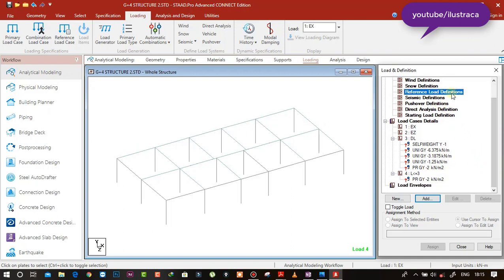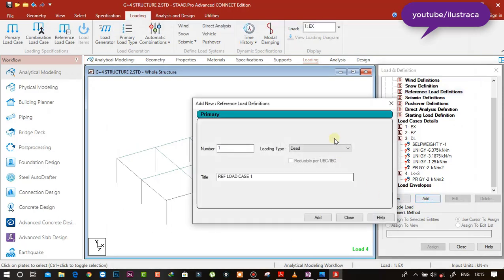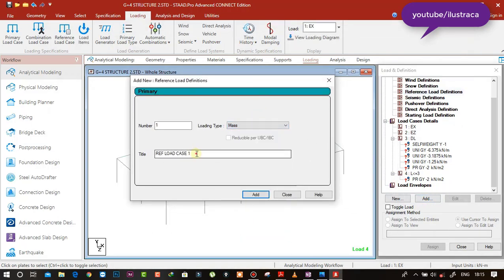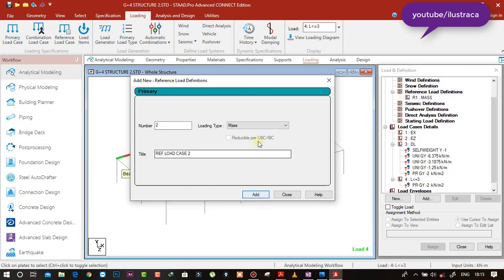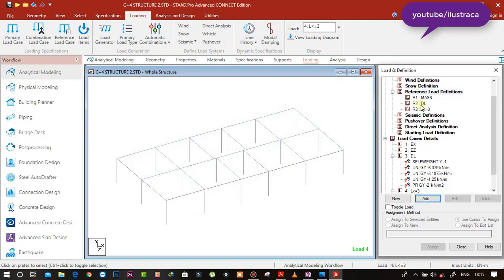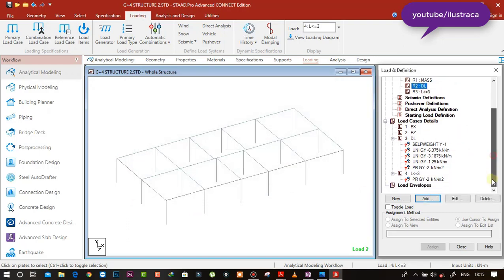So go to reference load definition and click on add, and I'm going to create a mass source, okay, mass load case for dynamic seismic analysis, and then for static we are going to create the dead load and live load case, DL, and for live it will be L smaller than or equal 3 kN. Okay, and close. The same load cases we need to define here.